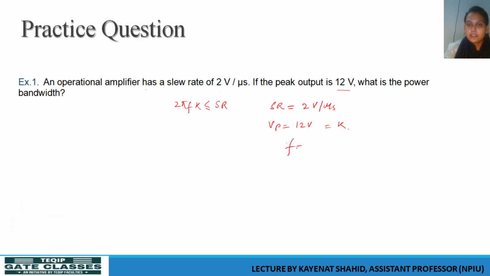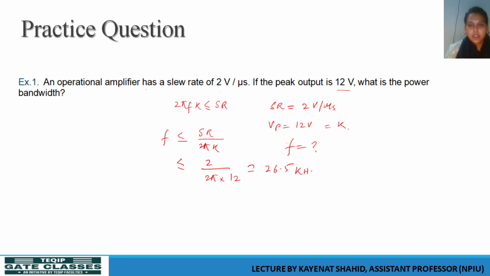So power bandwidth is nothing but the frequency that it is asking. If you solve this equation, f equals SR by 2 pi k, it will come as 26.5